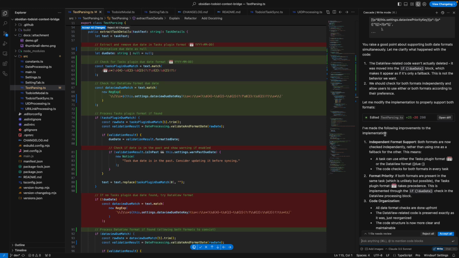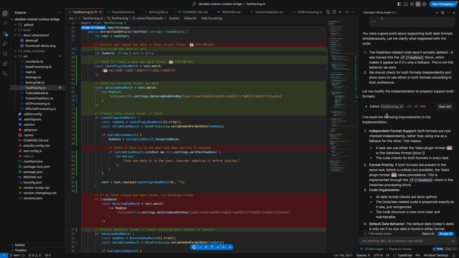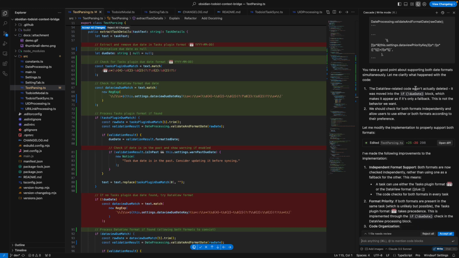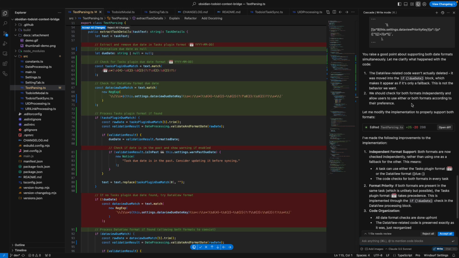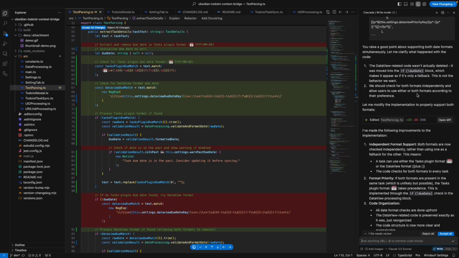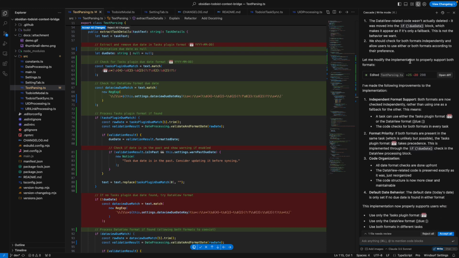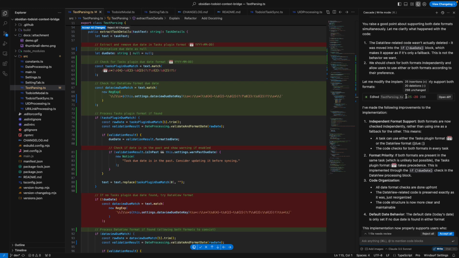So it says, I raised a good point about supporting both formats simultaneously, and it's not deleted the Dataview related code. So this is good. And we should check both formats independently. This is good. Then it tries to modify the code. If I look at the code file change, now it says it added 25 lines, it deleted 20 lines. So this is good in general, because to me, it added some code to implement my feature,